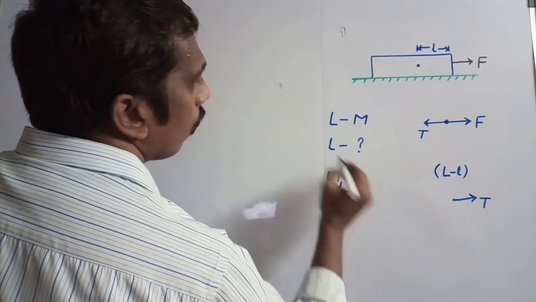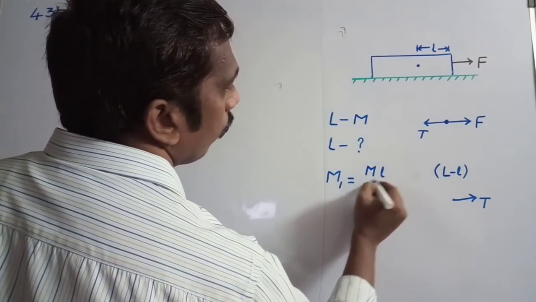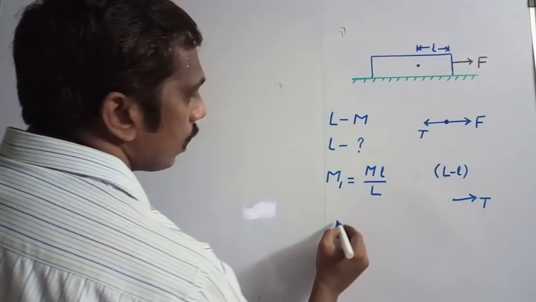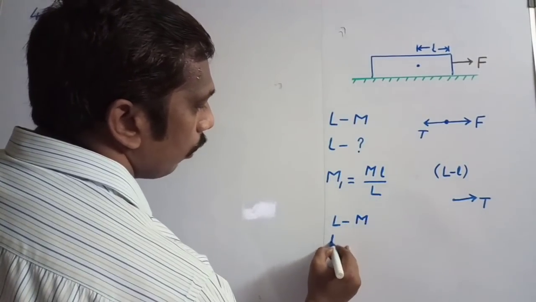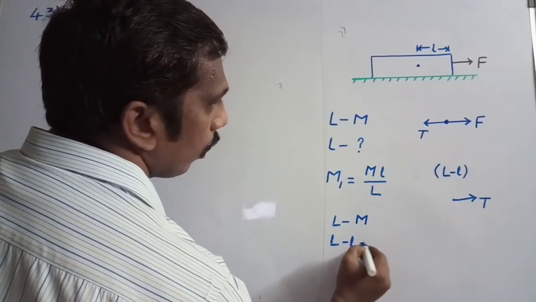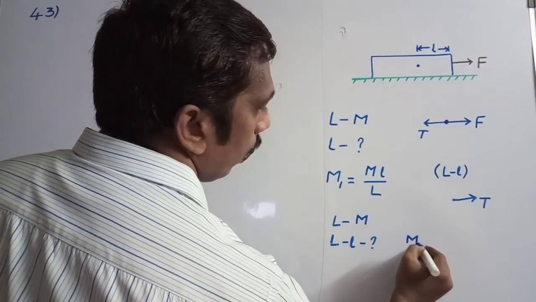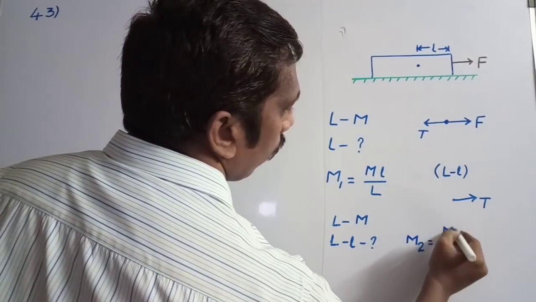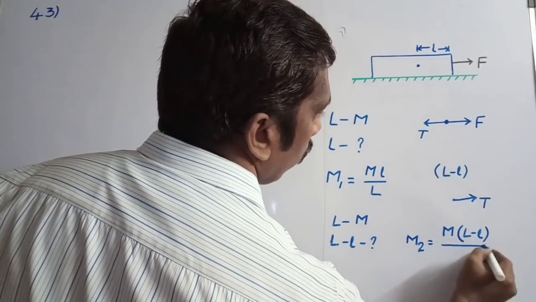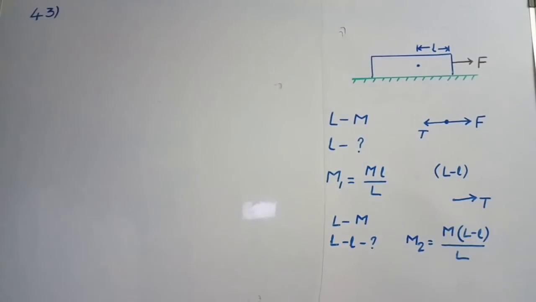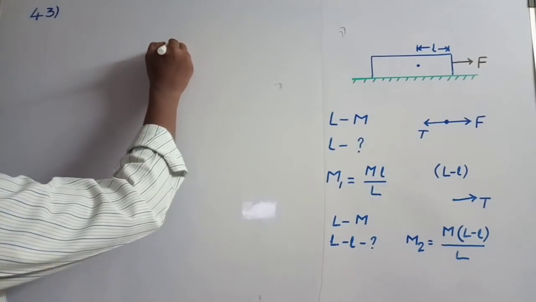That m1 is equal to M into l by L will come. In the same manner, in length l, the mass is m. In length L minus l, the mass is taken as m2. m2 is equal to M into (L minus l) by capital L will come. These are the masses. So from this, here F minus